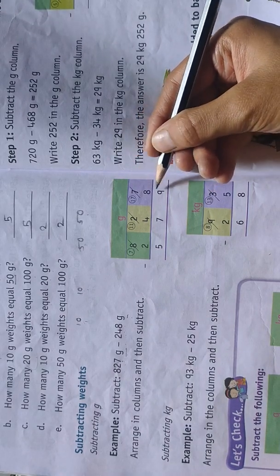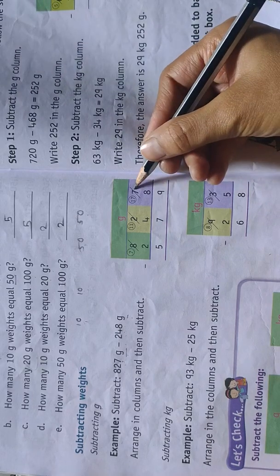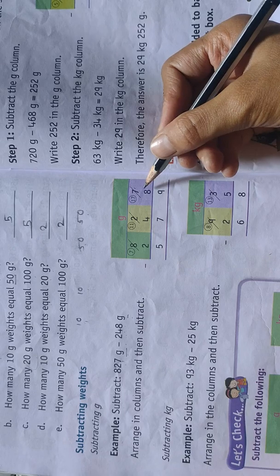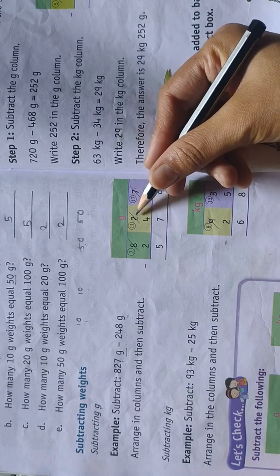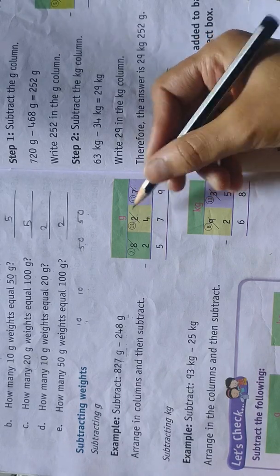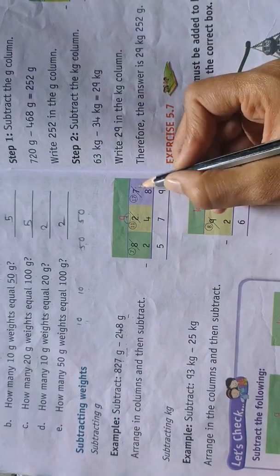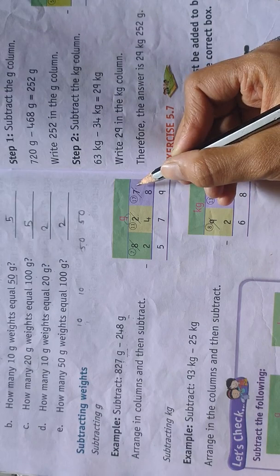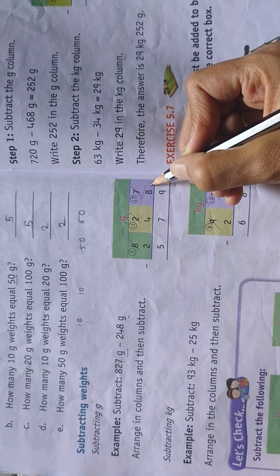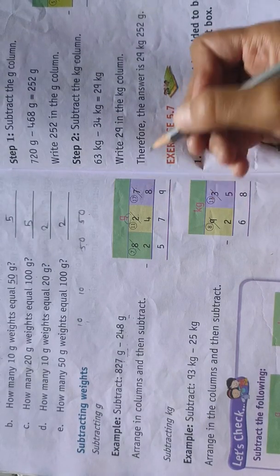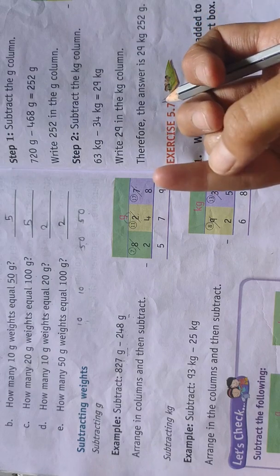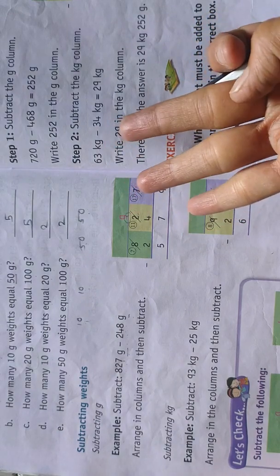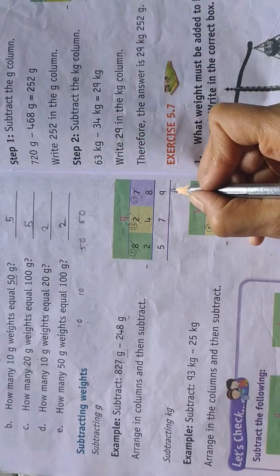As you know, the first condition of subtraction is what? The first number should be bigger than the second one. Here 7 is not bigger than 8, so we can't subtract it directly. So we have to take a borrow from the next place. Now 2 is there. If we take 1, how many will remain here? Only 1. And here 10 plus 7 becomes 17. Now 17 is bigger than 8, so we can subtract it. So count after 8 up to 17. After 8: 9, 10, 11, 12, 13, 14, 15, 16, 17. How many? 9. So we'll write here 9.